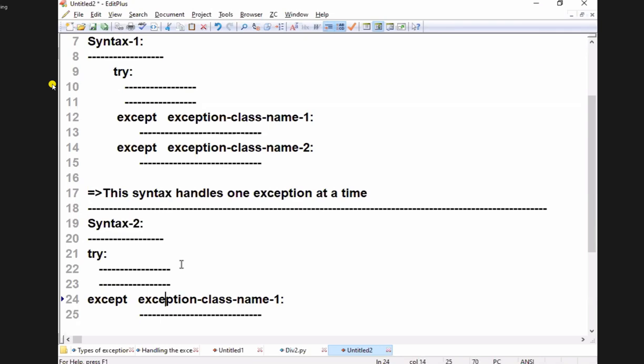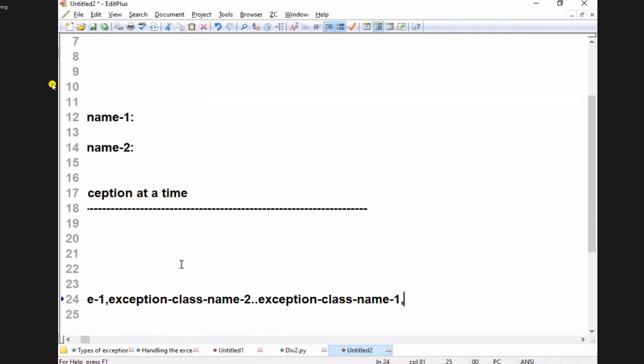Exception class name 1, write it in tuple format, guys. Exception class name 1, comma, exception class name 2, and so on, exception class name n.